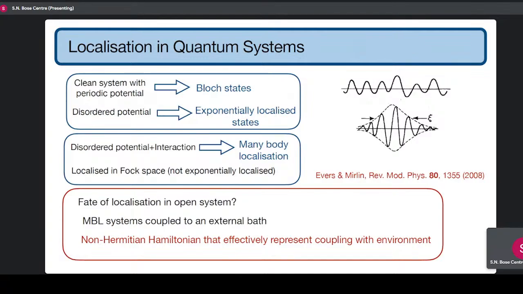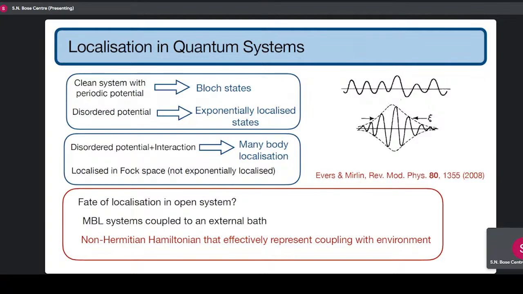Here the transport is ballistic, but in the presence of imperfections, they can act as scattering centers, which will diffuse the transport. Now, Anderson showed that in the presence of strong disorder, the transport can cease and all of these eigenstates can become exponentially localized. Later it was shown that even in the presence of short-range interaction, this kind of localization survives,